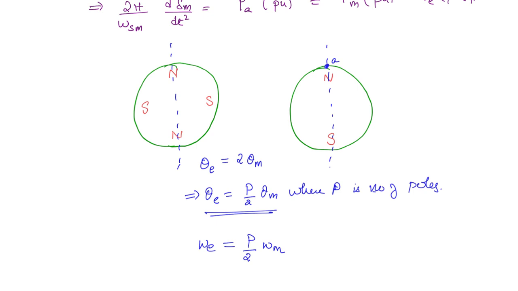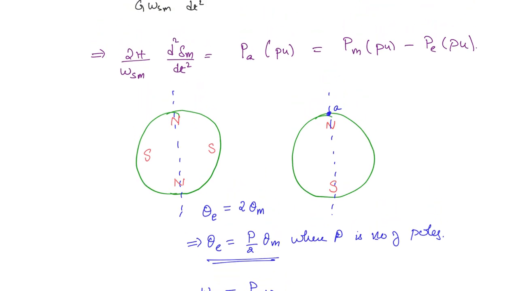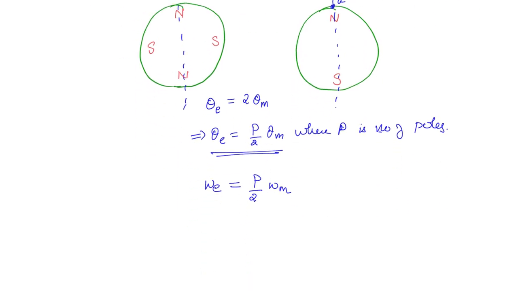Now what we want here, we have omega sm, the synchronous speed in mechanical radians per second. And here we have the load angle in mechanical radians. So we want to express in terms of the electrical radians. So in electrical radians, in electrical terms,